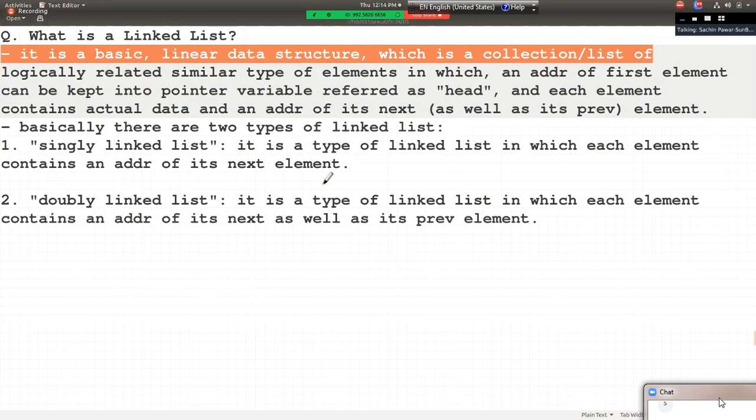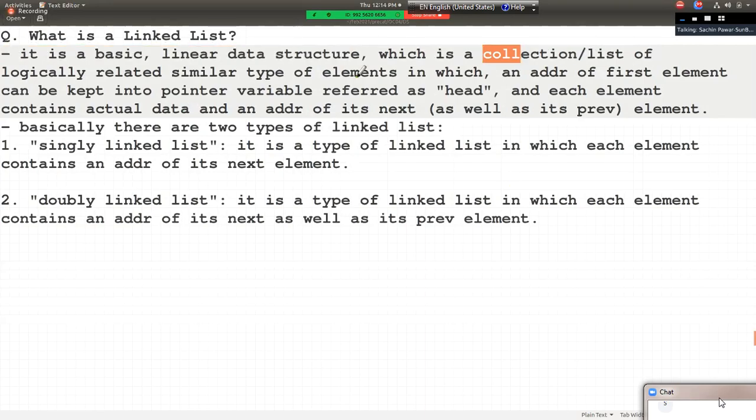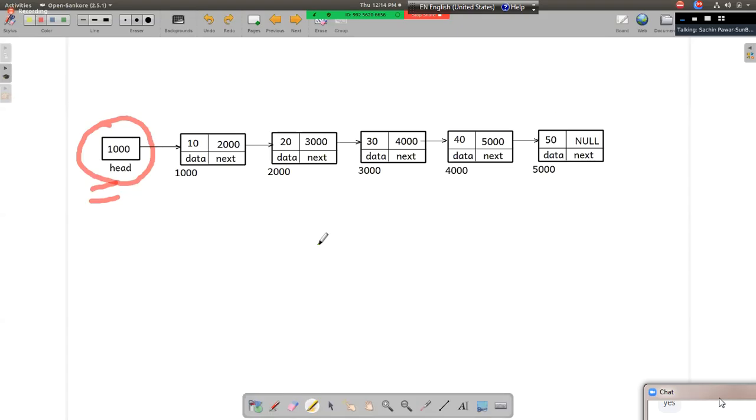Can we say it is a collection? In this collection, how many elements are there? 1, 2, 3, 4, and 5 elements are there in this collection or in this list. Now, this is the first element. This is the second element. This is